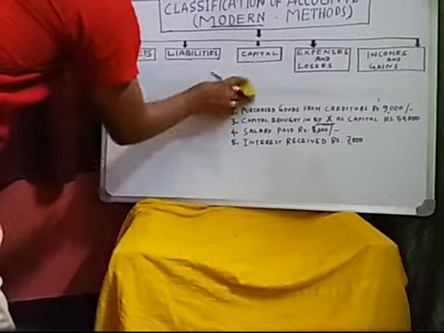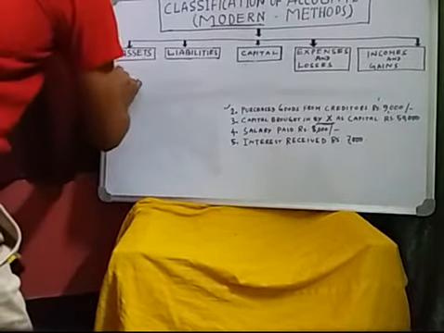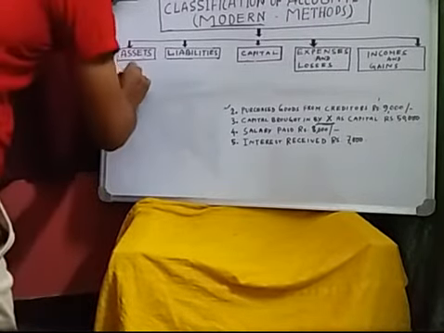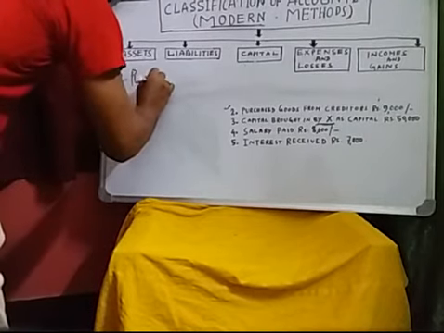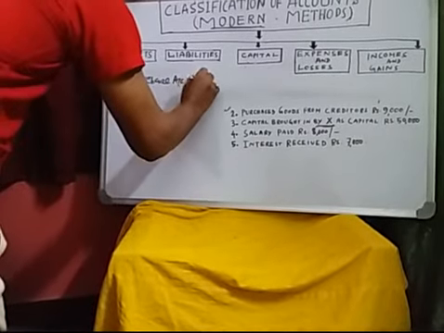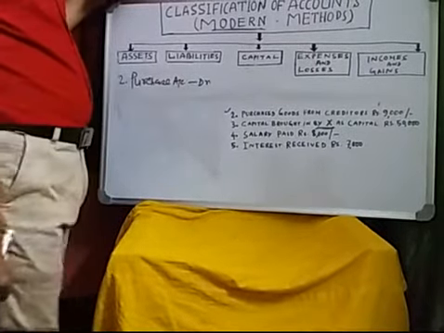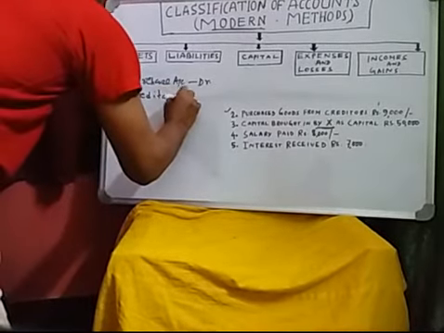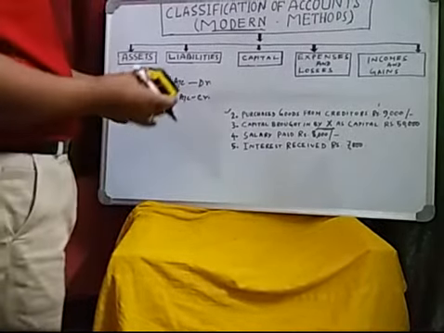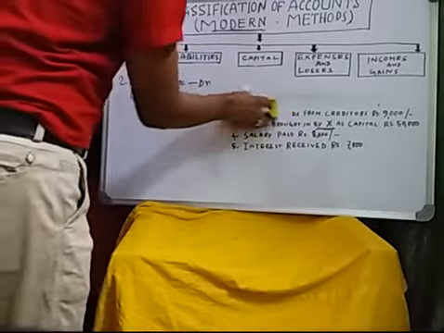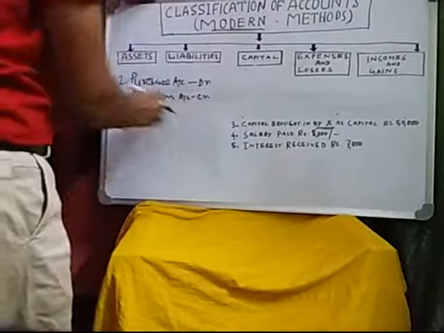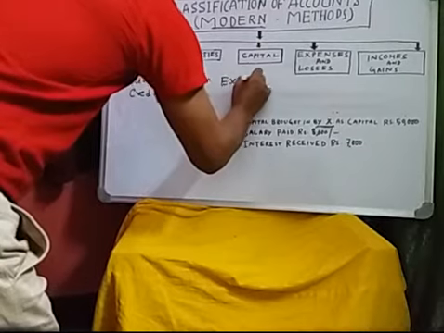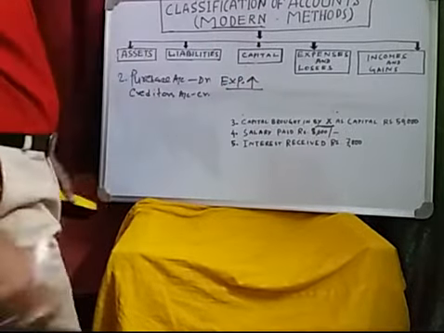Second question. So second question is the purchased goods from creditors, rupees 9,000. If you purchase goods from creditors, then here purchase account debit, okay. And if you purchase from creditors, then creditors account credit. So my question is why purchase account debit and creditors account credit? Because purchase is an expense. If expenses increase, then it will be debit.